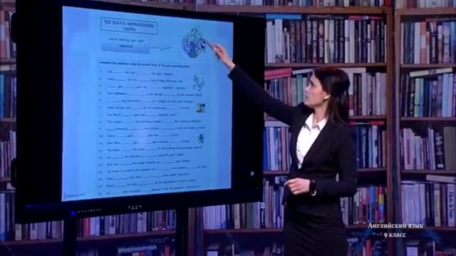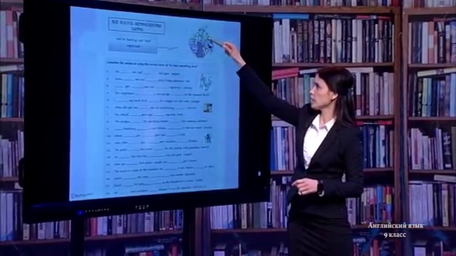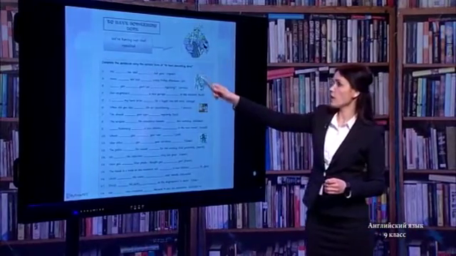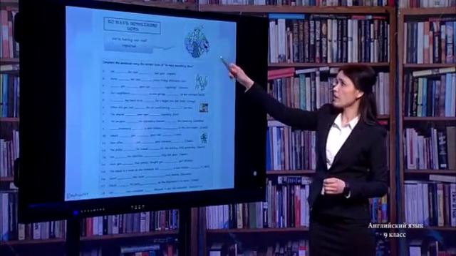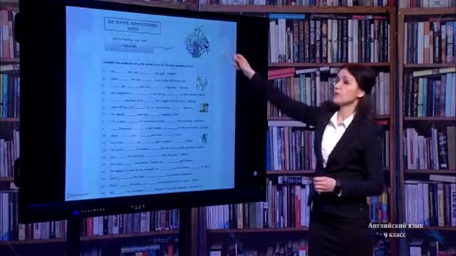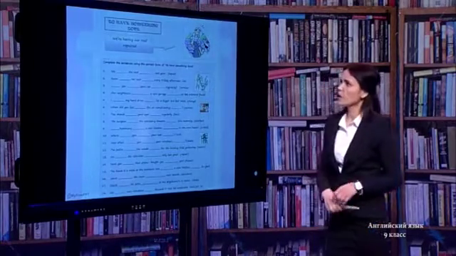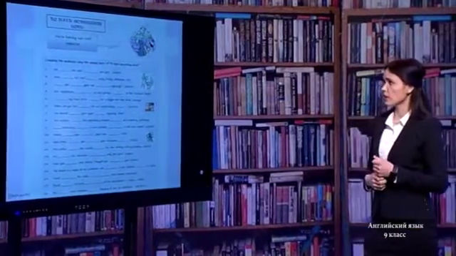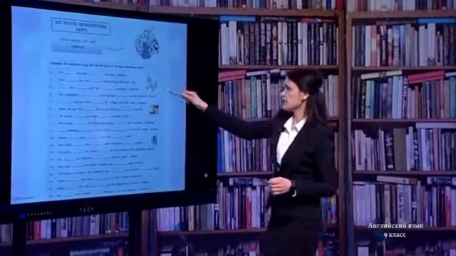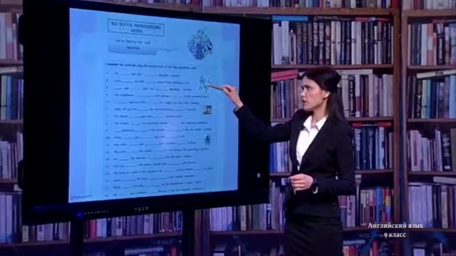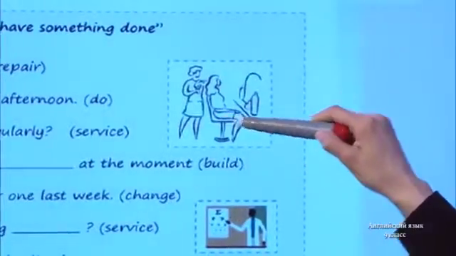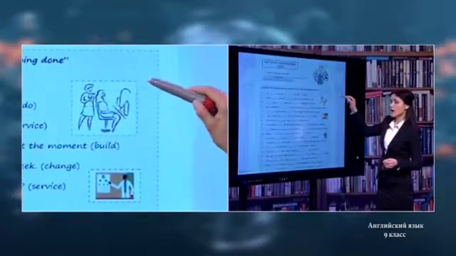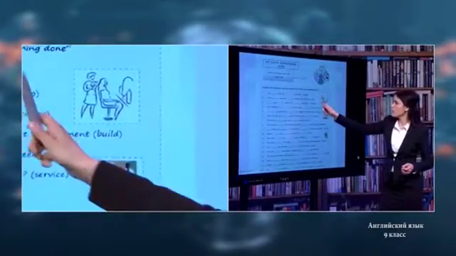A person, this is the person who they called, and they have no idea how to repair their roof, and that's why they are having their roof repaired right now, at the time of speaking. Well, let's complete the sentence using the correct form of to have something done. So she's not a hairdresser, but she is at the salon, beauty salon, and she is having her hair cut.